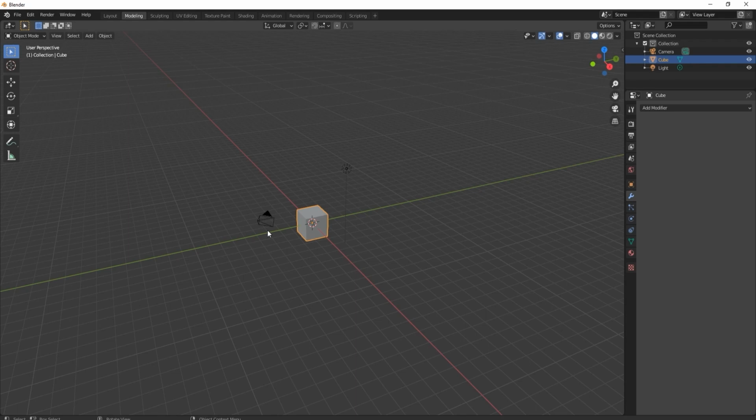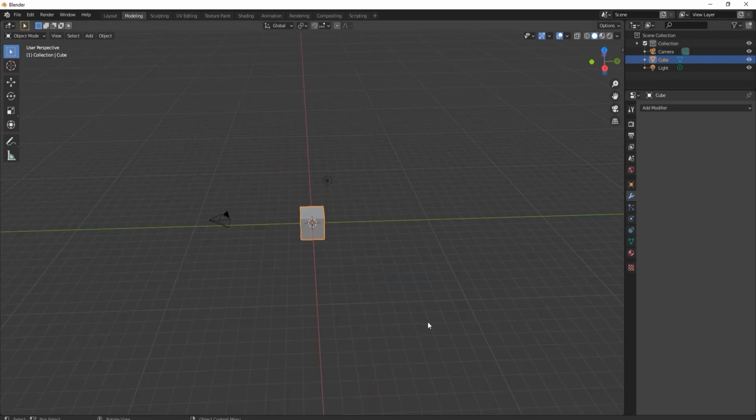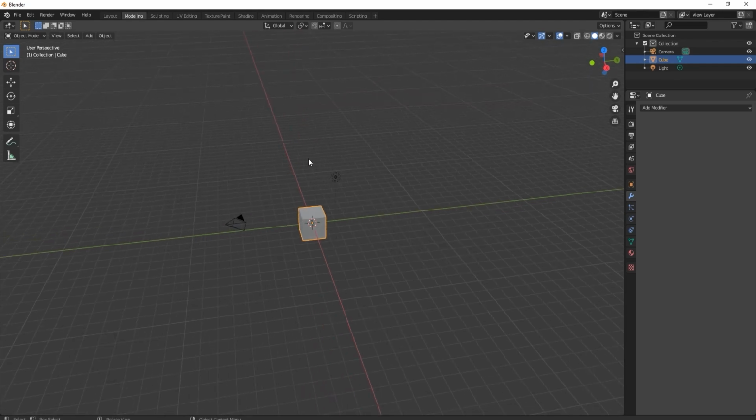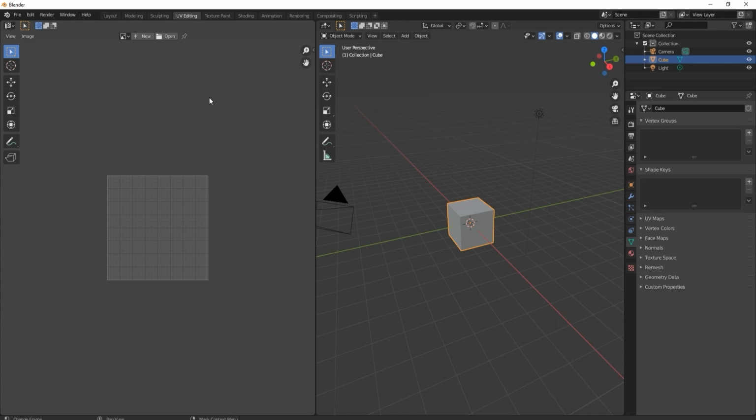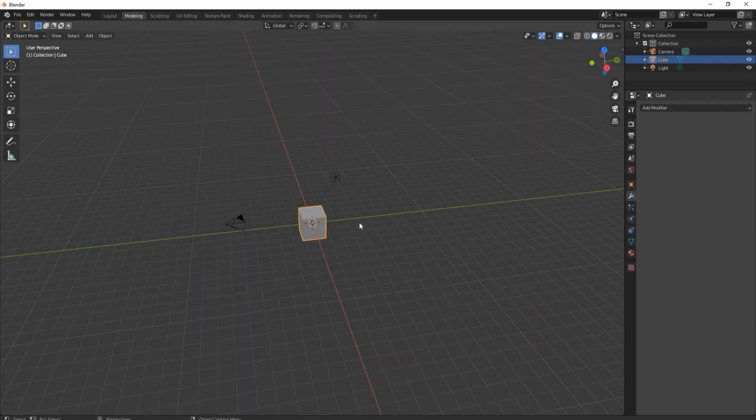So now, when we mention Blender viewport, this is actually a viewport. You can see it. All of this grey area here is a viewport. Now, if we go to the UV editing bar up here, you'll see that over the left hand side, it's now in 2 screens. And if I say the UV editing viewport, all that means is just this grey box over here. So now let's go back to modeling and let's go a little bit further into how to move